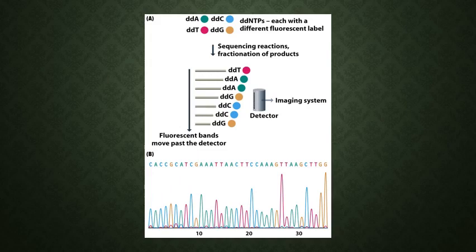This is where the polyacrylamide gel comes into play. The DNA mixture is loaded into a well of a polyacrylamide gel slab or into a tube of a capillary gel system, and electrophoresis is carried out to separate the molecules according to their length. After separation, the molecules are run past a fluorescent detector capable of discriminating the labels attached to the dideoxy nucleotides. The detector therefore determines if the molecule ends in A, C, G or T.